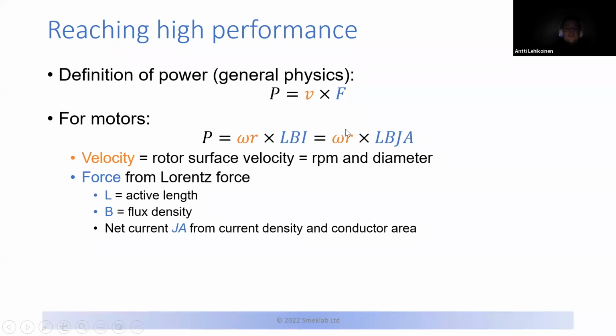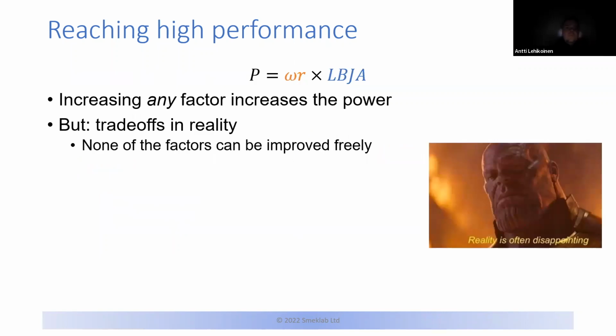You have the surface speed proportional to the RPM and the diameter, and then the force proportional to the length of the machine, flux density, and then the current density times conductor area. So if you want to reach high performance, that's the goal here. Let's try to reach high power first, and later we will see what happens to the efficiency with some of the approaches. If you want to increase power,